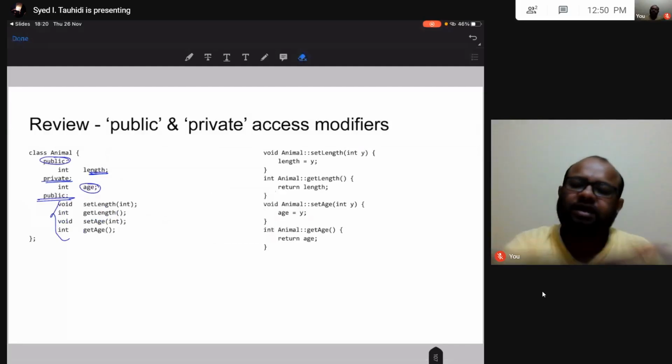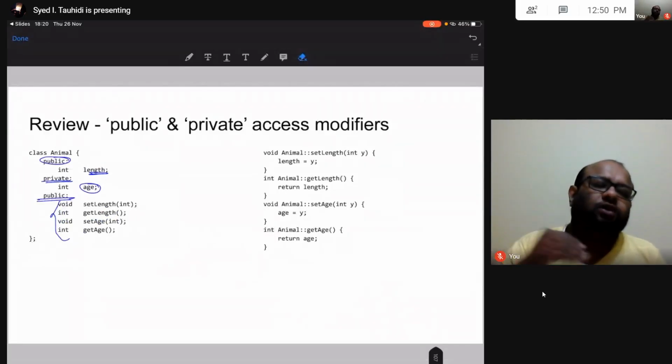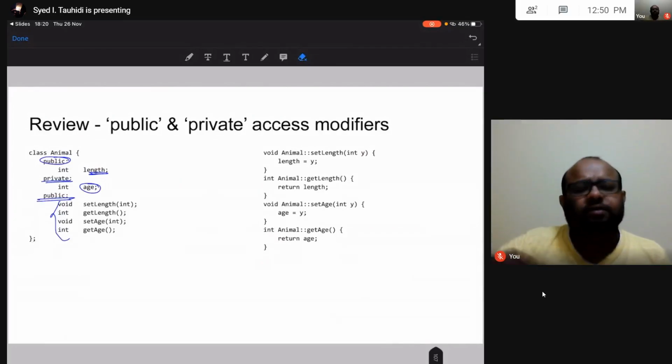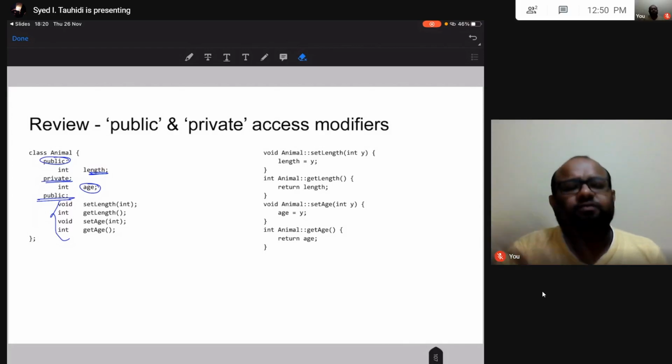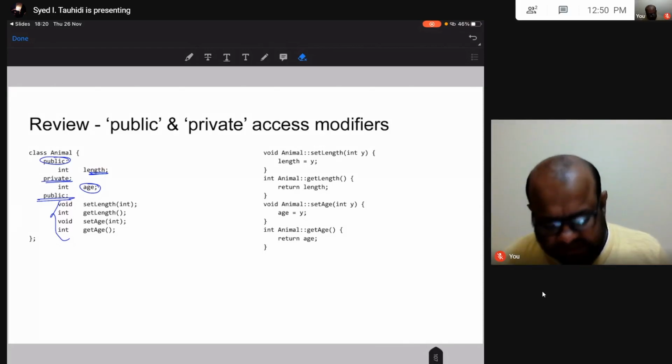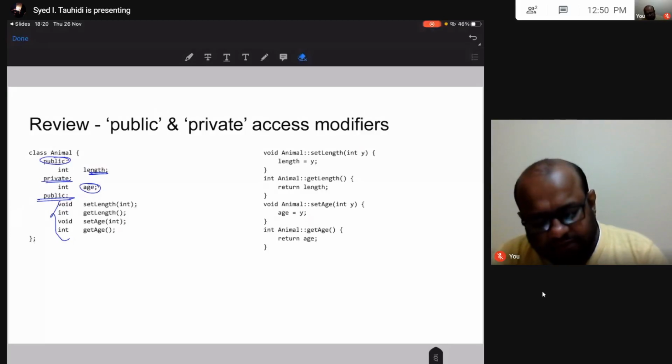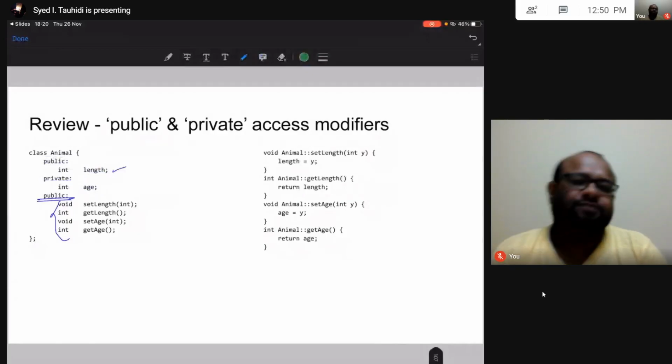Point number 2 that I am trying to make here is that you need not always start with the private data attribute. You can write all the private data attributes later on. You can write public before, private after, or private before, public after. This does not make any difference. Like before, I have two data attributes in this class, the public length and the private age.